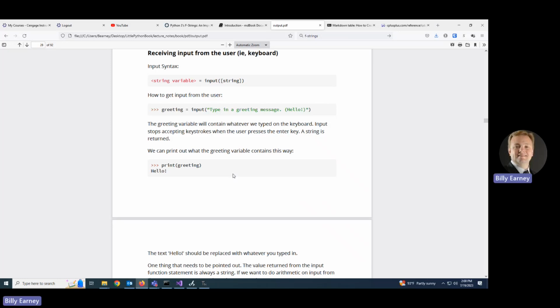Input is pretty simple. We use the input function and then some string here. If you don't put a string there, it asks for input without prompting you. And usually you will want to put something there because you don't want it just to sit there and the user not know that it's prompting. So you'll put text there like this,